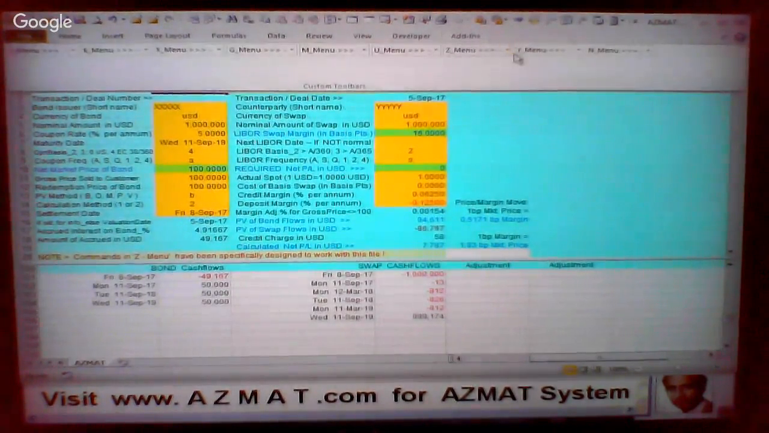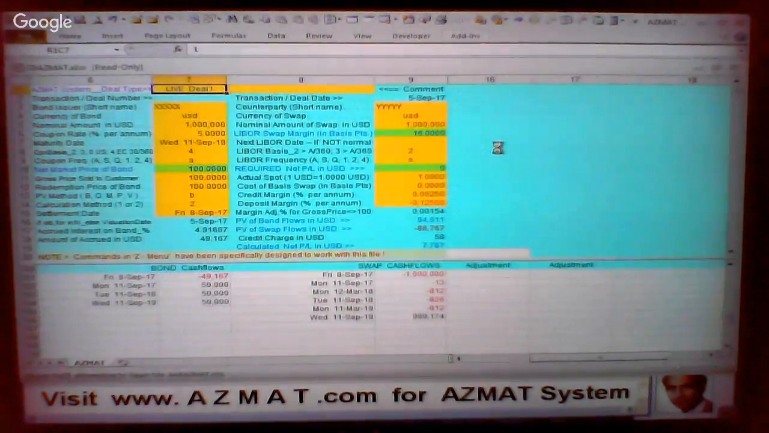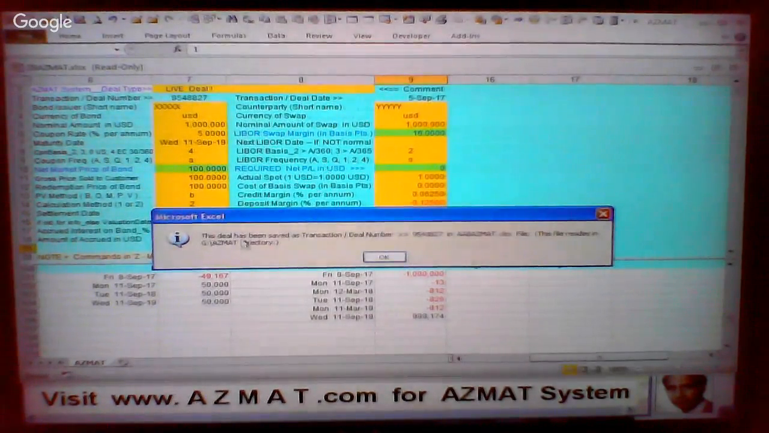Okay, let's just now save it. So save as new transaction deal. And you should give it a number there. So the deal has been saved and it's given that deal number there, say in the AAB AZMAT.xlsx, which is